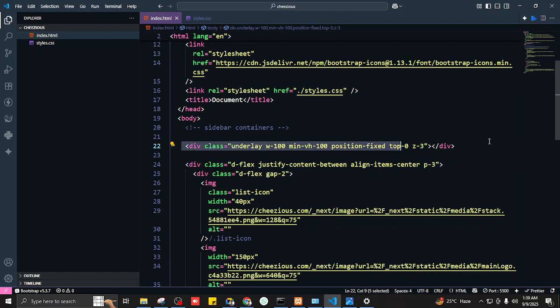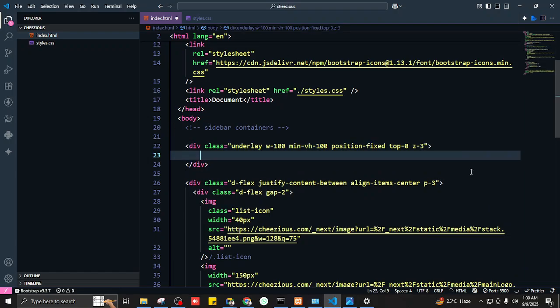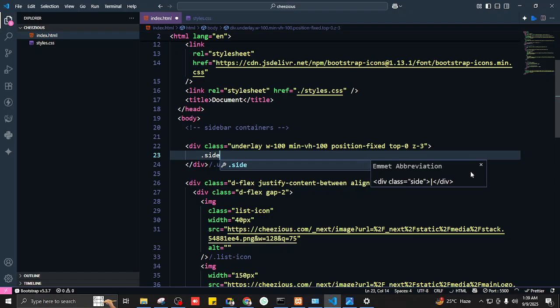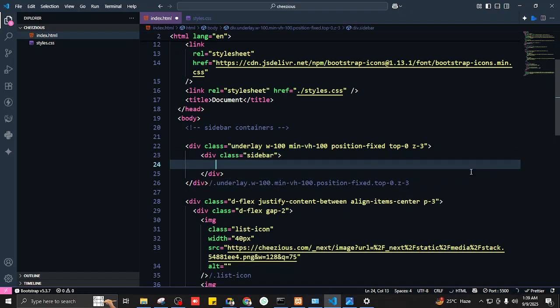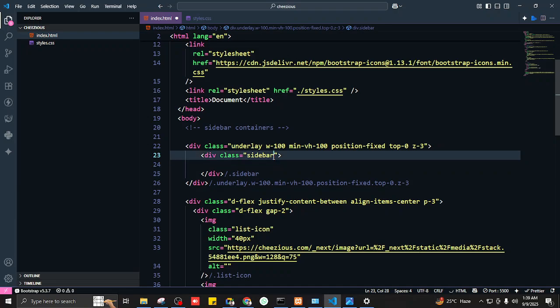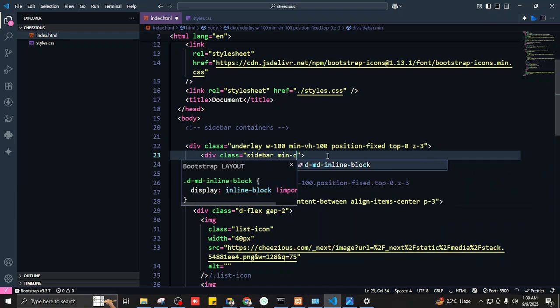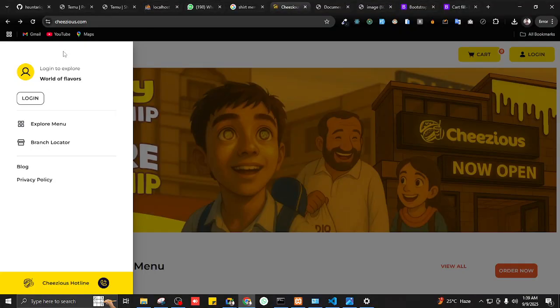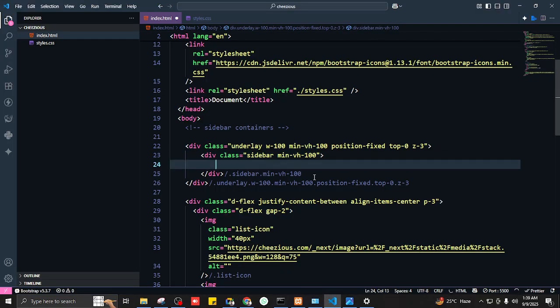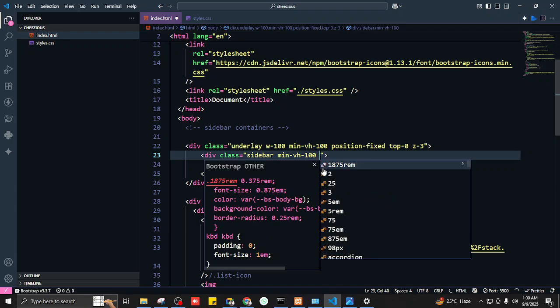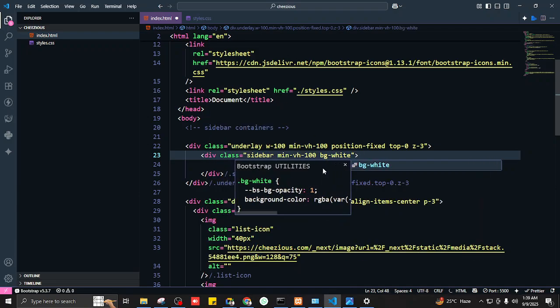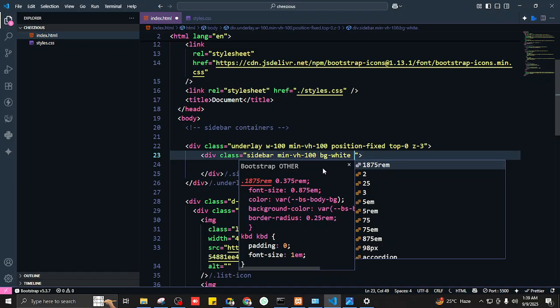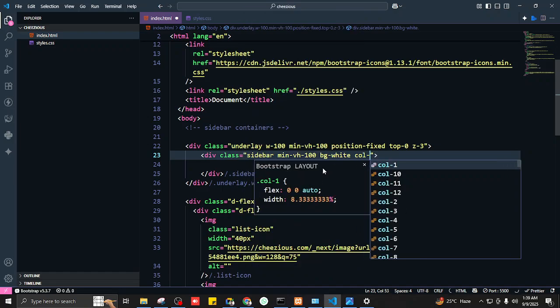So now let's get the sidebar on this underlay. Inside this underlay div, I'm gonna put a class of sidebar. Let's do the designing first. Sidebar is also gonna have a width of 100% because it's spanning all the way to the bottom. Inside the sidebar, it's gonna have a BG of white, and it's gonna have a width of, let's say I'm gonna say col